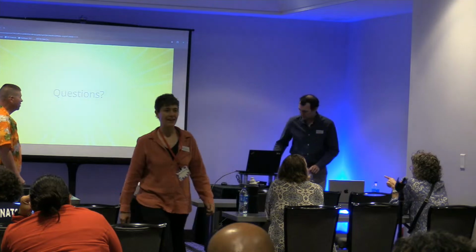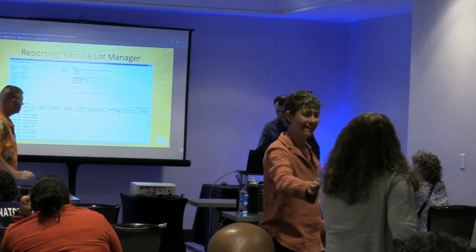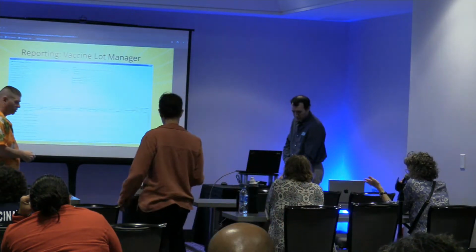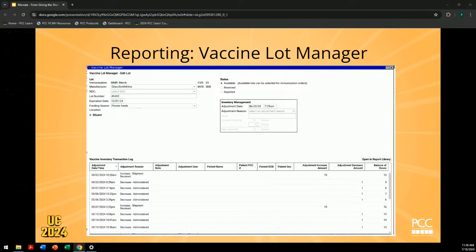Going back to the vaccine lot manager screen where you were saying, if you get a vaccine in and it's the same lot number of what you've had before, just add it to what you have in the inventory, which is what I do in circumstances like that. I've still got 6 of that lot number, 10 came in, I add that 10 to it. Right. But we may be at a 0 count on a lot number that I have labeled as depleted, but we get in the shipment 3 weeks later, it's the same lot number, but I create a whole new one instead of adding it to that one, because my question is,